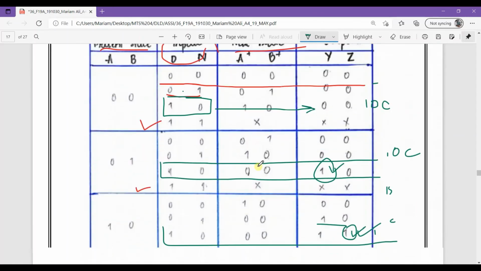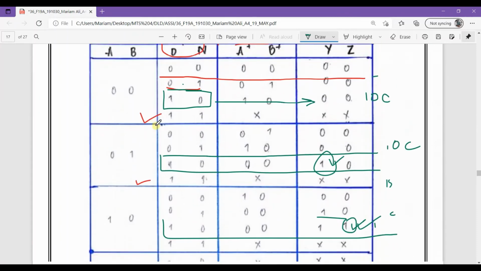As we can also see, the present state here is 0 0, that is no coin, it is empty. So 1 0, only 10 cents, so nothing is provided here.